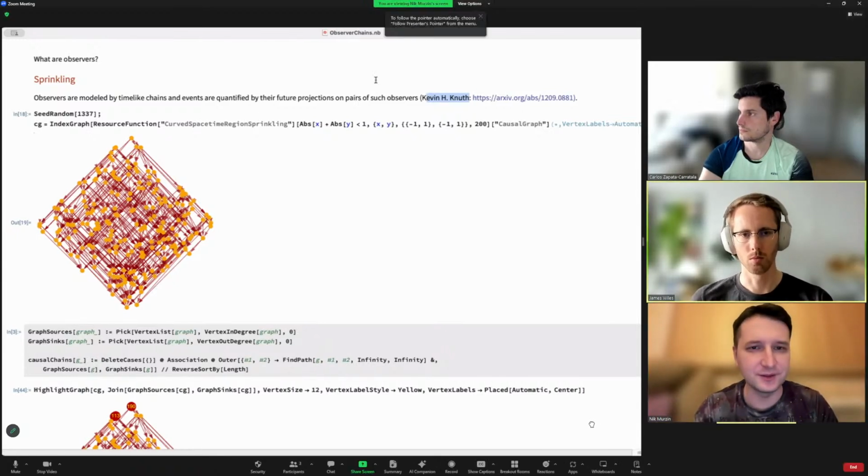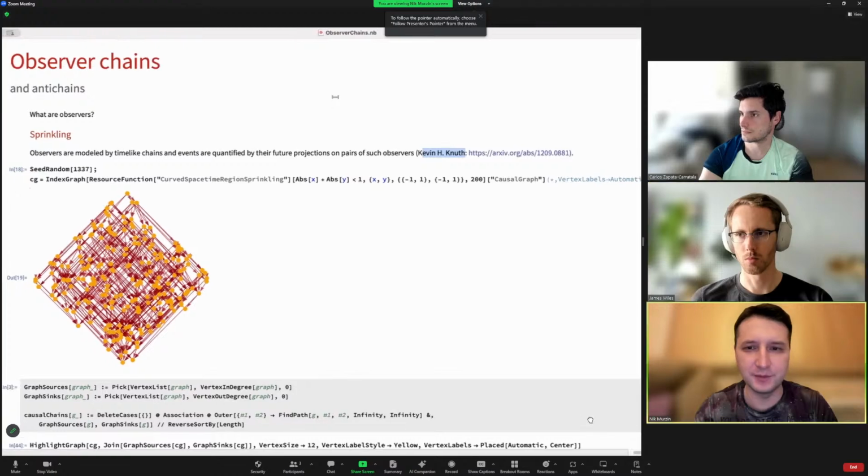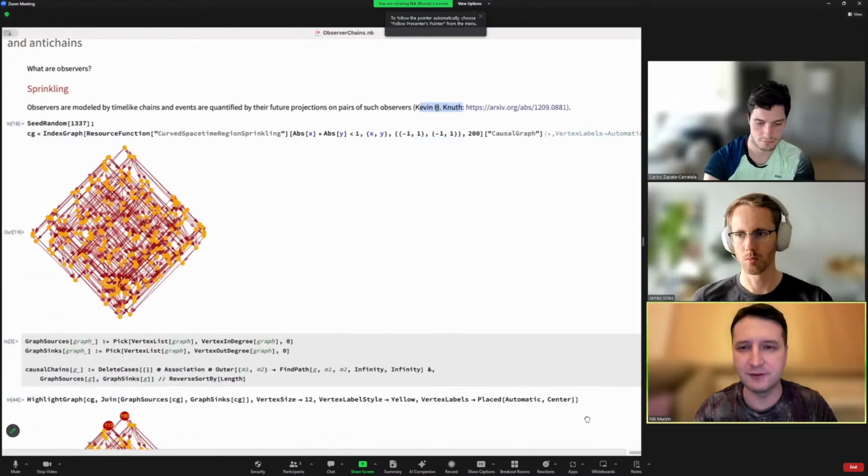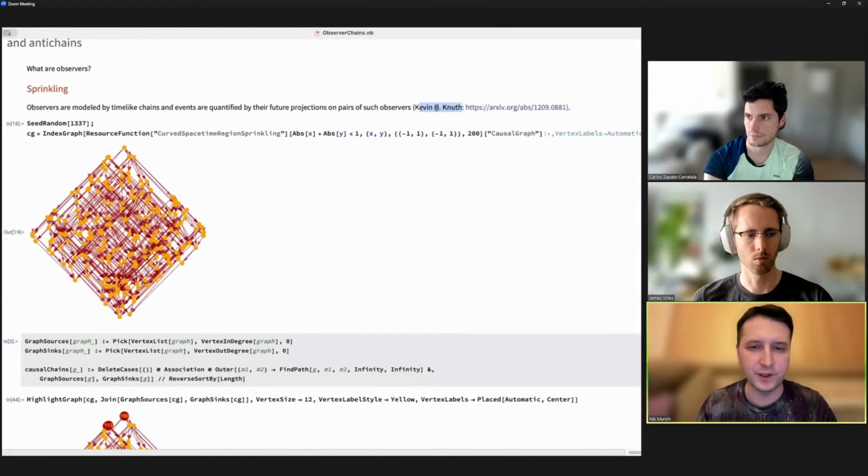So, to remind you of the idea behind Bondi's k-calculus and Kevin Knuth's way of quantifying space-time, essentially the events on space-time,